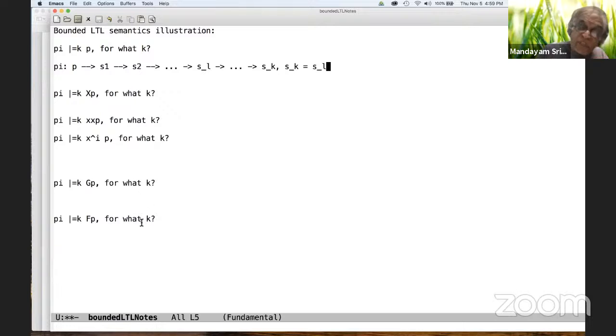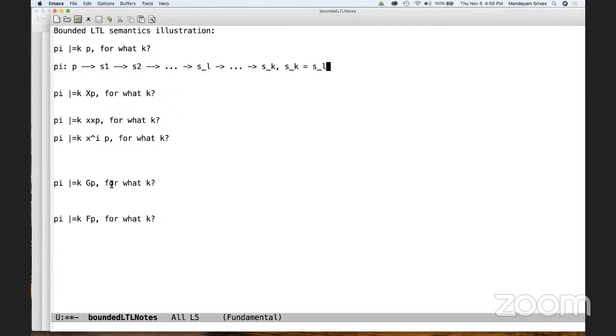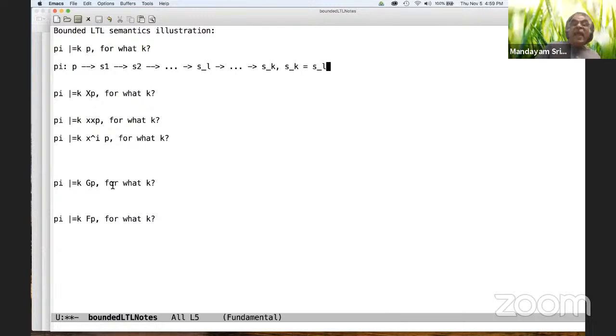So you can give some partial answer here, unlike in GP, where you cannot conclude anything by looking at a finite prefix. Here, if P happens to be true in one of the states in the finite prefix, then you can conclude just by looking at the finite prefix that it is true for the entire path. Furthermore, if you know it is a lassoing path,